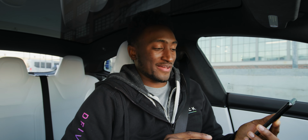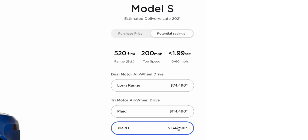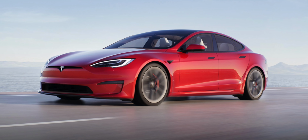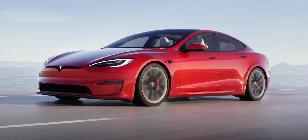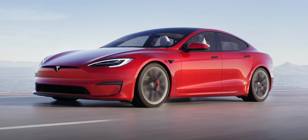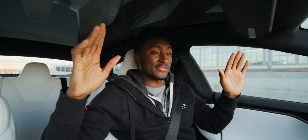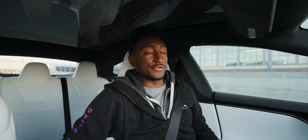But here's where it gets interesting. As a truck drives by, now there's Plaid Plus. So the Plaid Plus version will do 520 plus miles of range and a slightly faster 0 to 60 with a little bit more horsepower, 1,100 horsepower. And just for fun, they quoted a sub 9-second quarter mile, which would make it the quickest production car ever made. So aside from the ridiculousness of a 5,000-pound four-door family sedan rocketing 0 to 60 in under 2 seconds